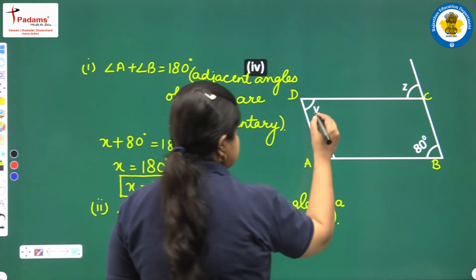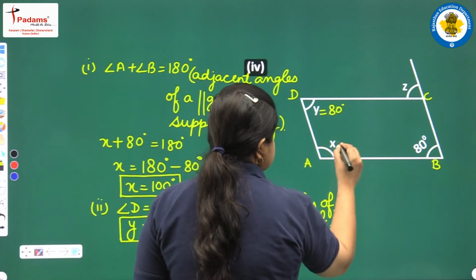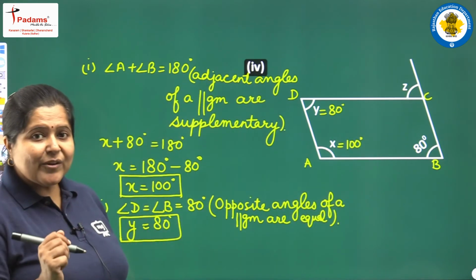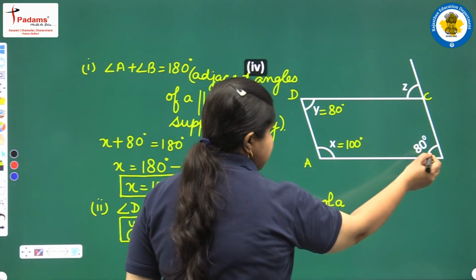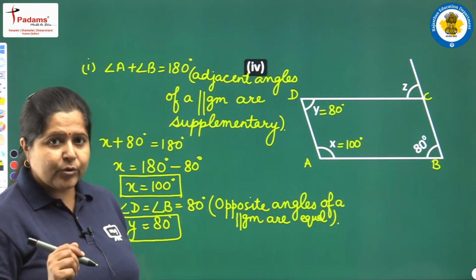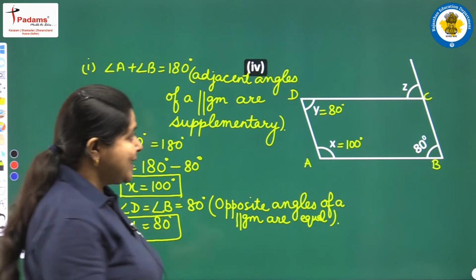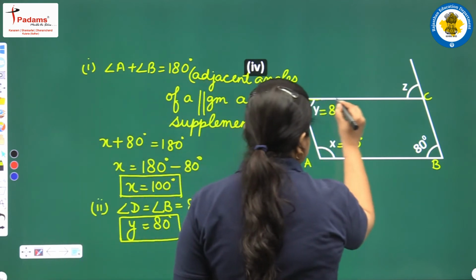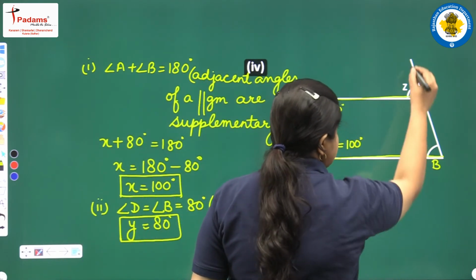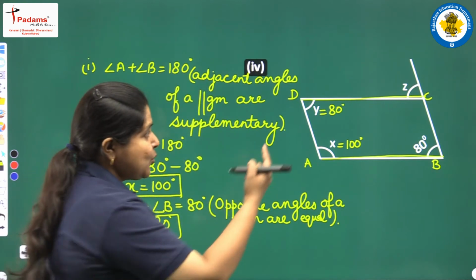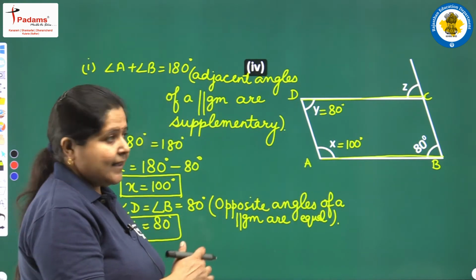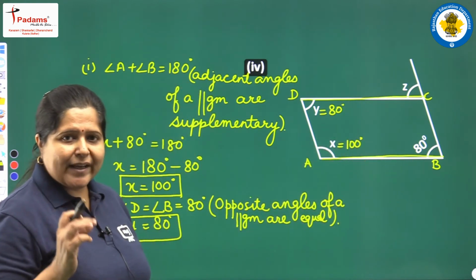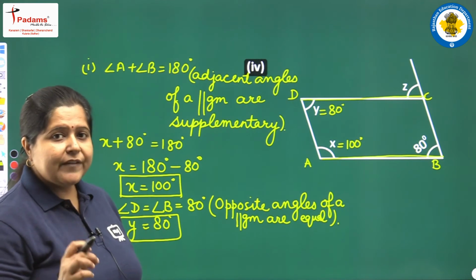Then what remains is, this is 80 degree, this is 100 degree. Now this z is remaining. Can you relate this angle z with this angle of 80 degrees? Can you relate the two angles? Yes, these two angles are again the corresponding angles. We can see that this side is parallel to this side and this is the transversal. So the two angles are being formed on the same side. One is above this side DC and the other one is above AB. These two angles are the corresponding angles, and so they will be equal.